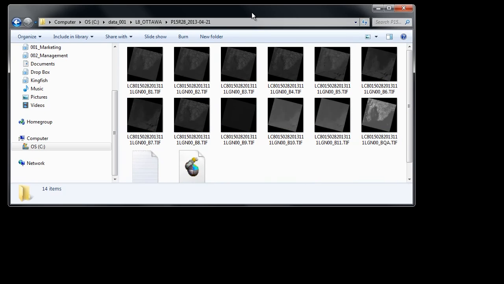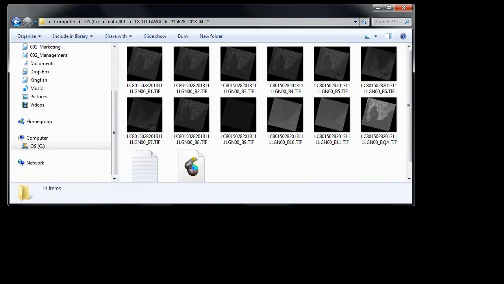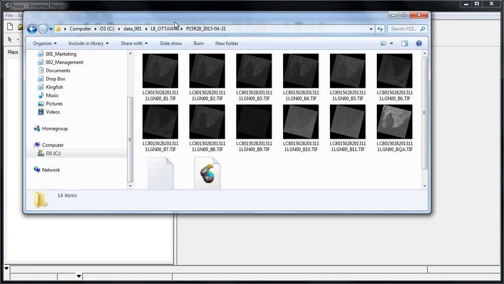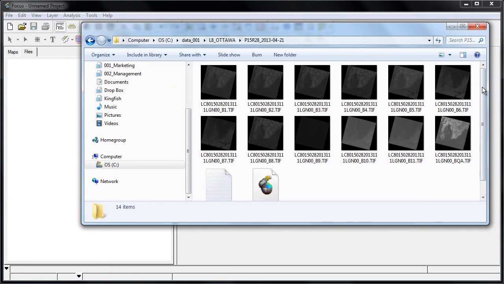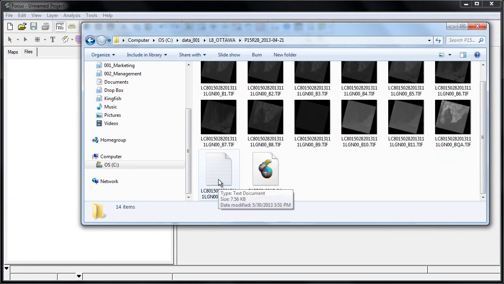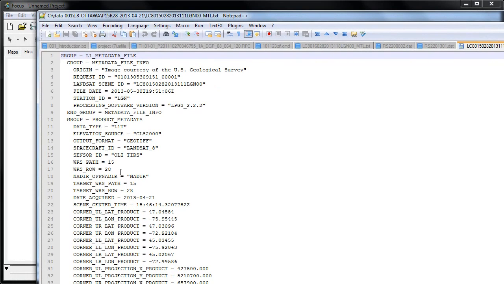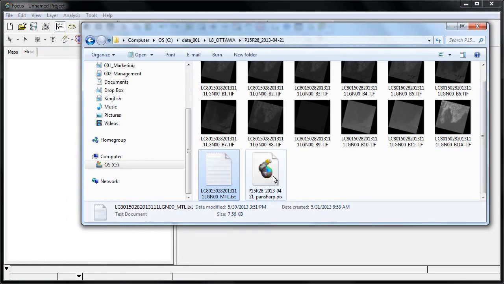And in order to load the data into Focus, PCI Geomatica's viewer, it's very straightforward. So every Landsat-8 image is distributed with this metadata file. This is an ASCII file, and so we can get all of the information relating to the image. So PCI Focus, PCI Geomatica will simply load this data automatically. So if I drag and drop the metadata file onto Focus,